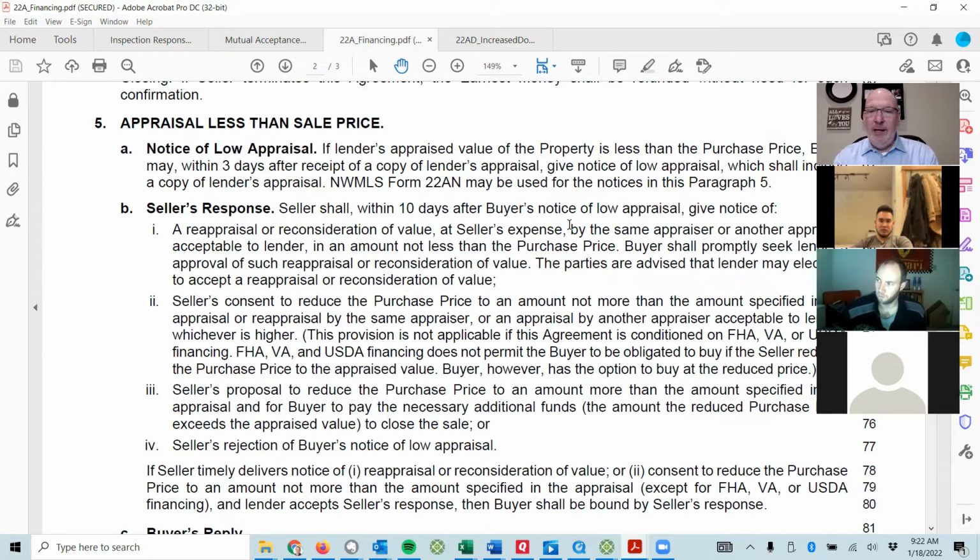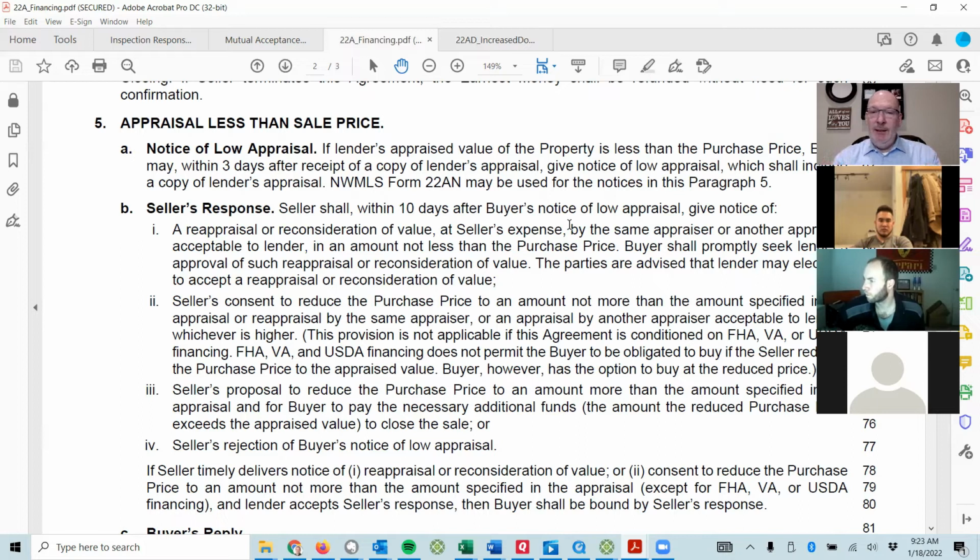I've had them where I said, we're going to put a 22 AD in this offer, but I don't even think the appraisal is going to come in low. And it didn't, right? So you have the skills and the ability to forecast to some degree what it's going to appraise for. And I say to some degree because if you get 10 appraisals from 10 different appraisers, you're going to get 10 different answers. So you never know exactly, right? But you can look at the comps and go, okay, is this going to be an issue? And then